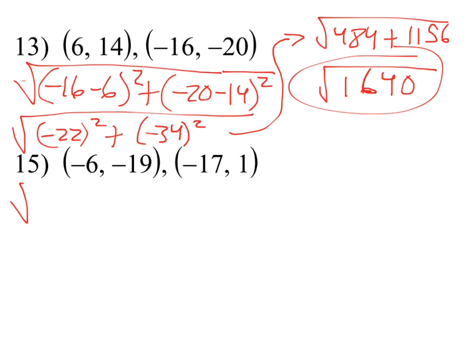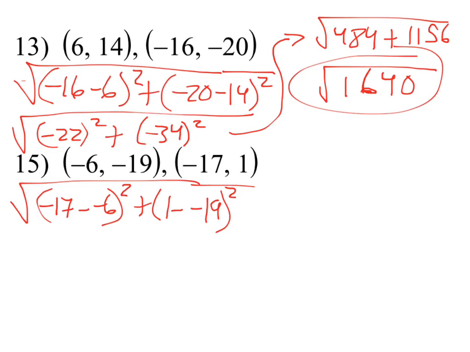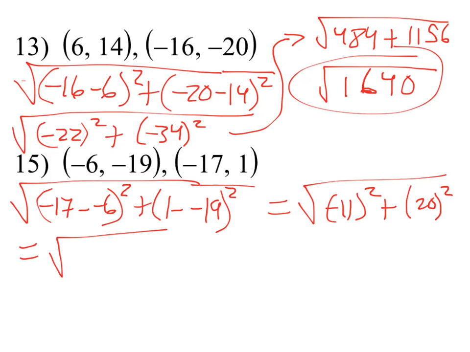And then on 15, again, subtract my x's, so negative 17 minus negative 6. And then I'm going to have 1 minus negative 19. I'll need to square that. Negative 17 minus negative 6 is negative 17 plus 6, which is going to be negative 11. I'm going to square that. And then 1 minus negative 19 is 1 plus 19, which is going to be 20. We'll need to square both of those. Negative 11 squared is 121. And then 20 squared is 400. And if you add those up, you're going to get the square root of 521, which is going to be